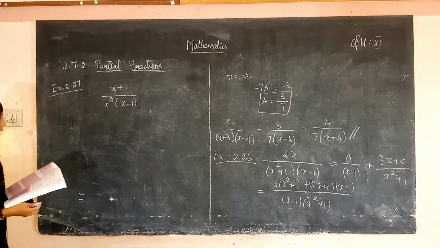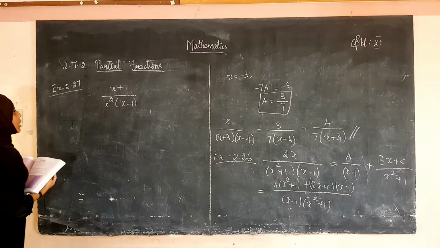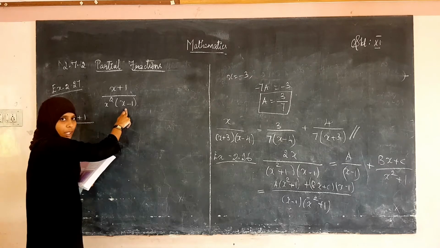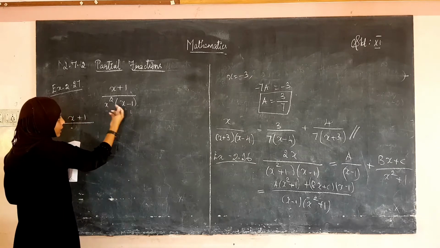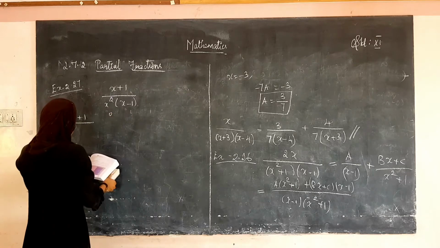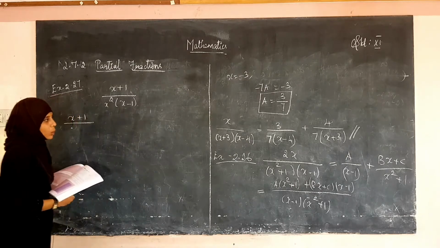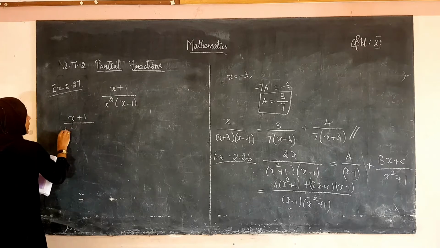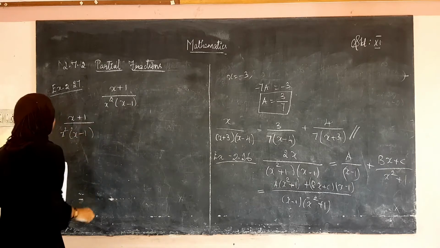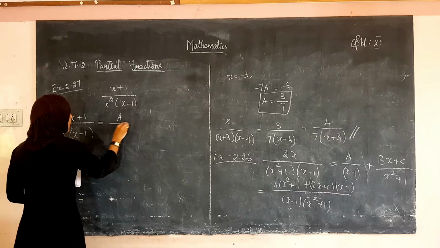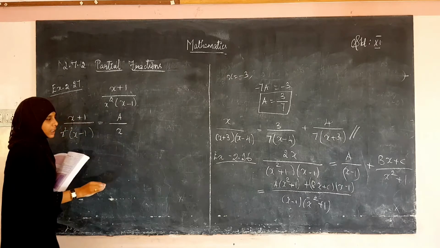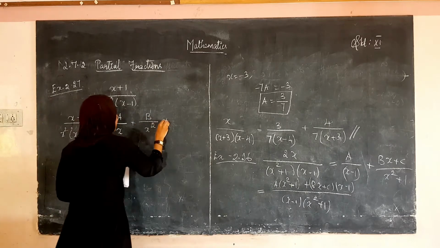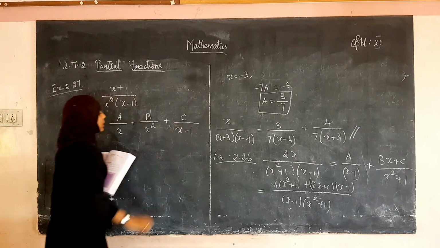So already they have given it in the form of factors. So x plus 1 divided by, here we have the value 1. Here x square is equal to 0 means we have the value 0. Okay. So far we have seen how we are going to resolve when factors like this, and when square terms like this are there. x square into x minus 1 equal to a divided by x, instead of x square first x, and then b divided by x squared multiplied, and then c divided by x minus 1. This is how we have to do.